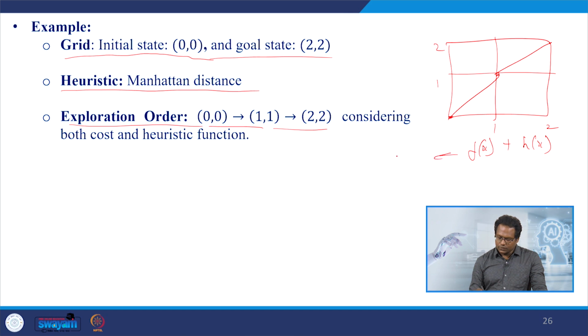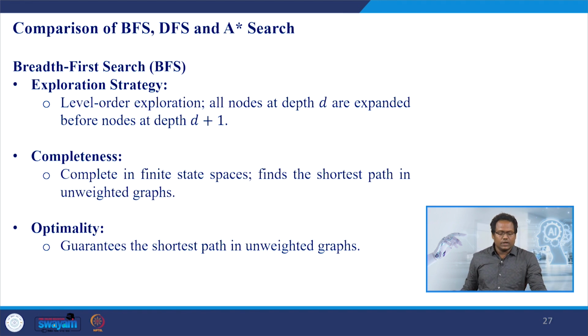Okay, that gives your strategy, which is both cost as well as the heuristic of the estimated cost, which will help you to have the action to move from one state to the other state, and hence you can reach the goal state much effectively with less time. Now, coming to the comparison of breadth first search approach, depth first search approach and the A star